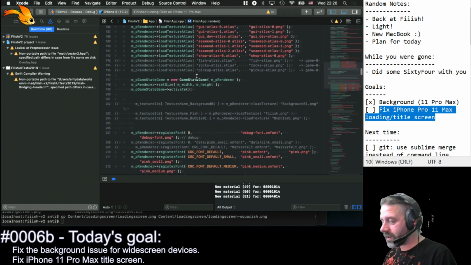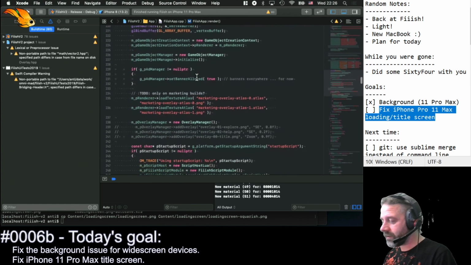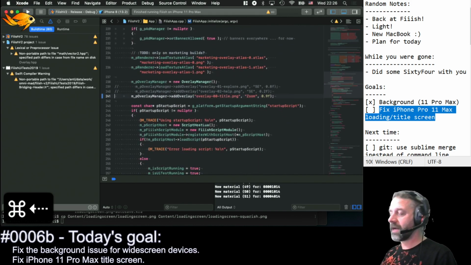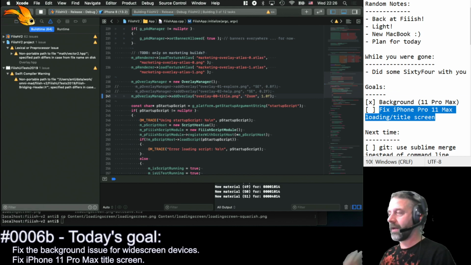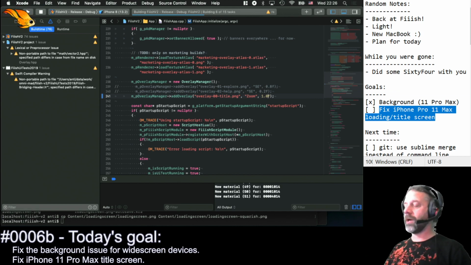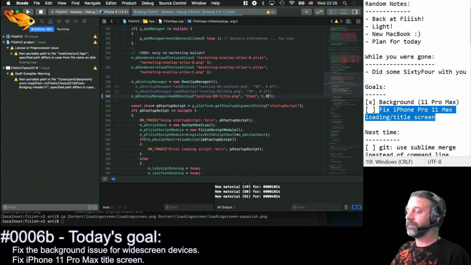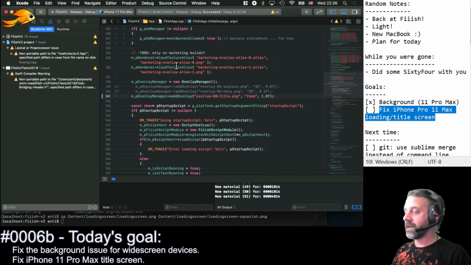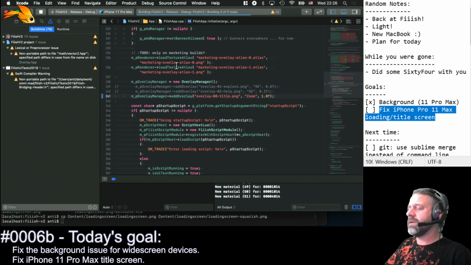render effect, texture atlas, activate, register fonts, overlay manager here. This is actually the one we want to check out. Remember, we just turn it on, and we'll just jump into our phase right away. But we want this on the 11 Pro Max. I'm not sure why it's rebuilding, but